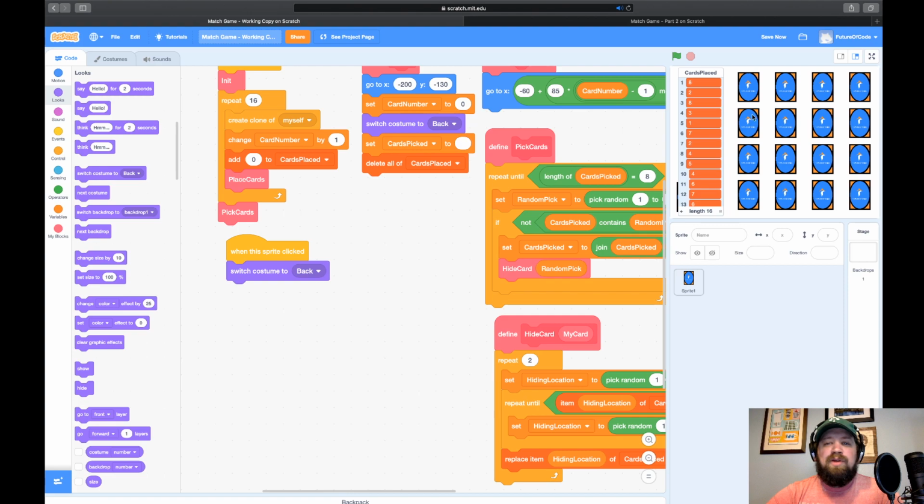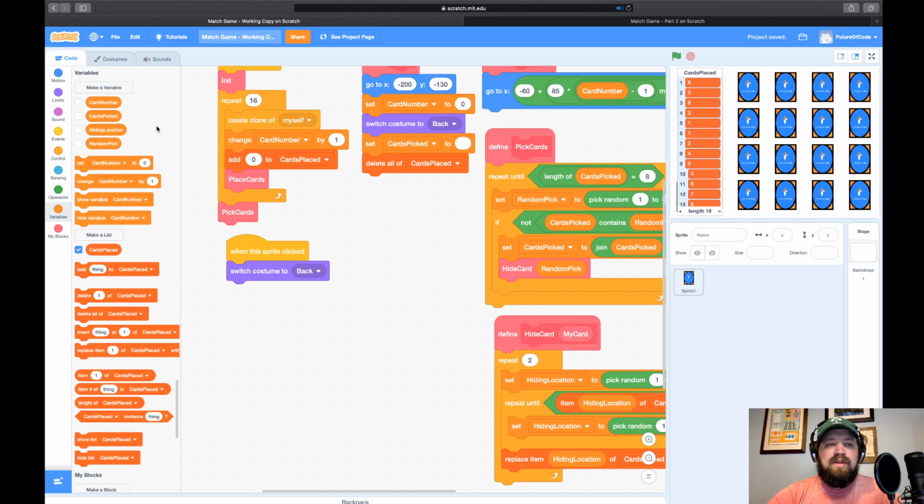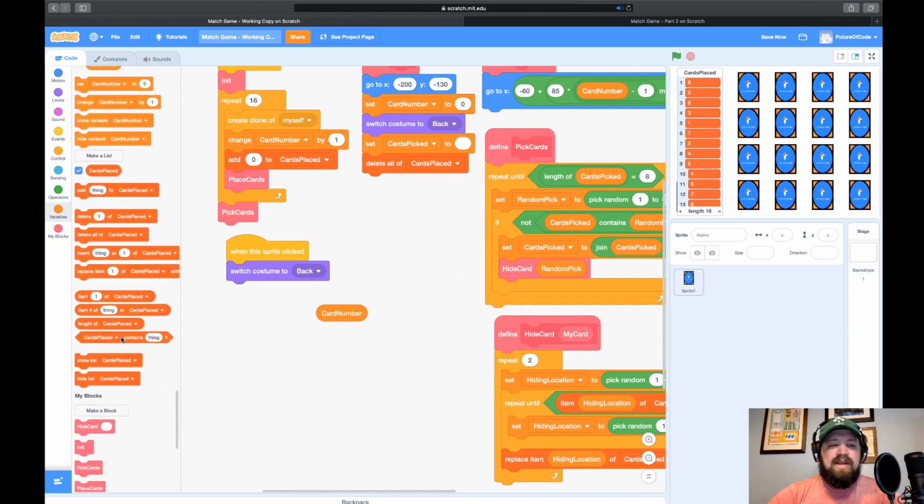So we know that we're going to grab the card number and the list, and we need to figure out what the number is inside the list here. Let's go to variables, and we're going to pick card number as our first variable. The second block is going to be item blank of card placed. That is a pill shape.